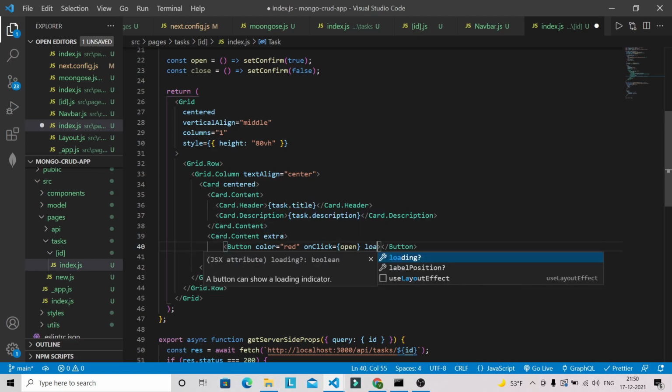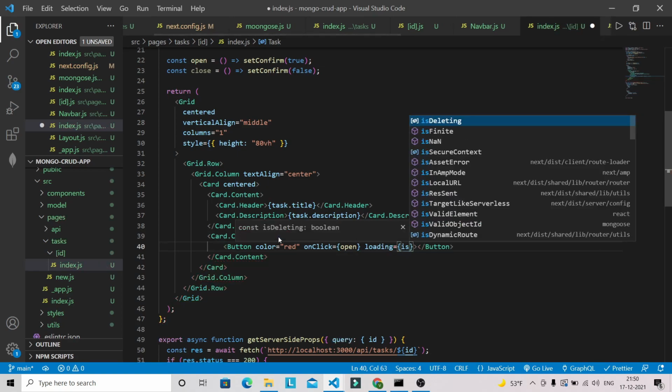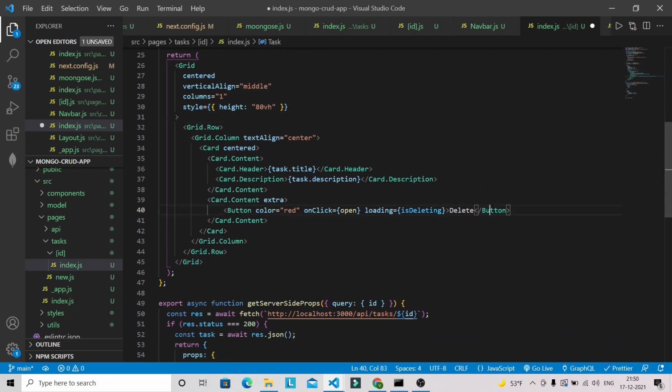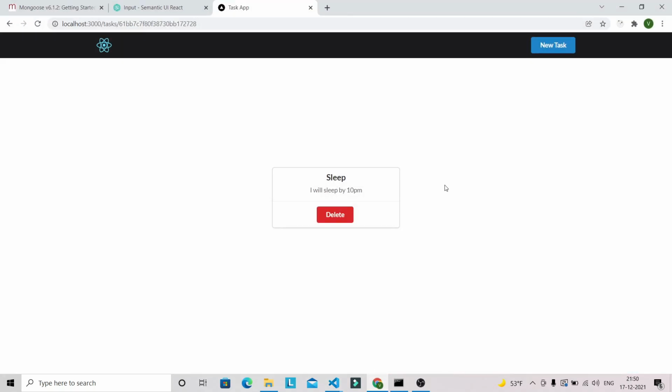And loading will be isDeleting, and we can pass the value of the button like Delete. So this will be the delete button, okay. And let's go into the browser. Now you can see that we have got our nice card here with a delete button.